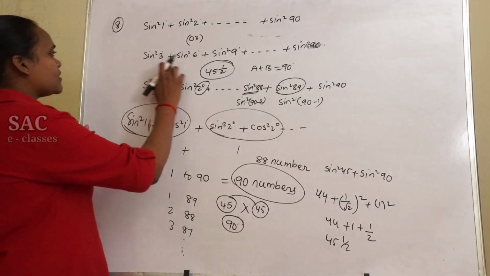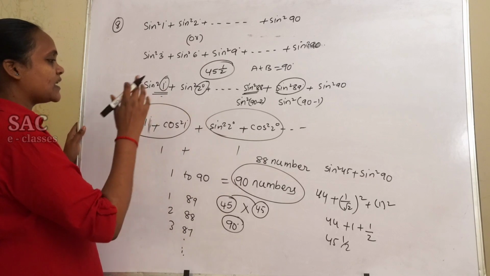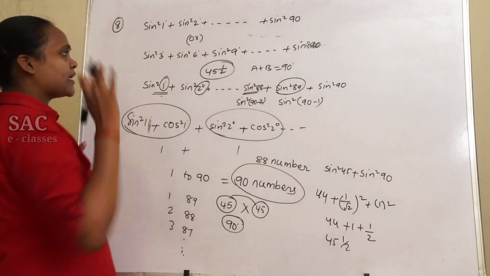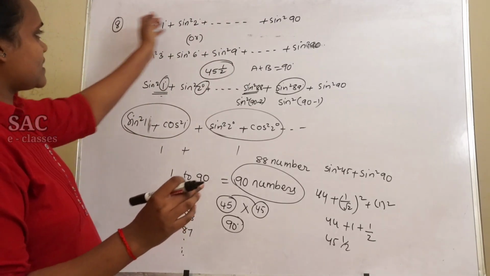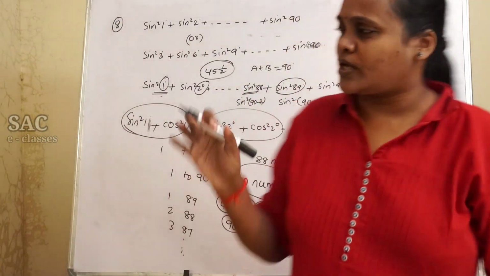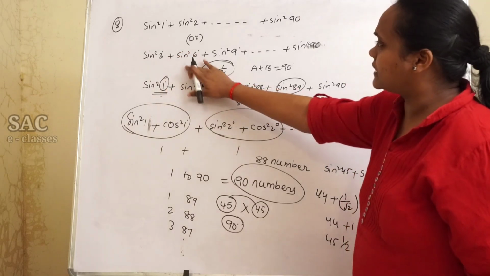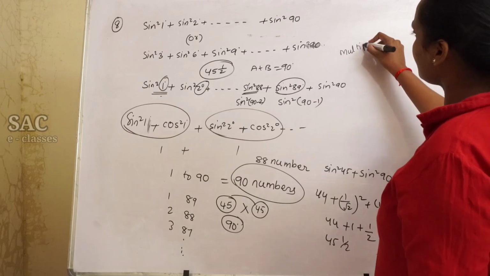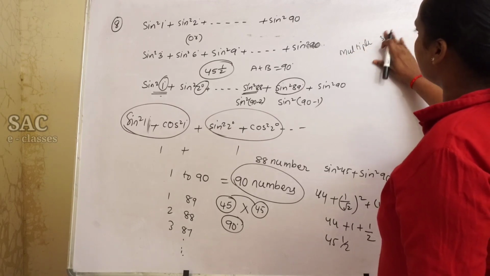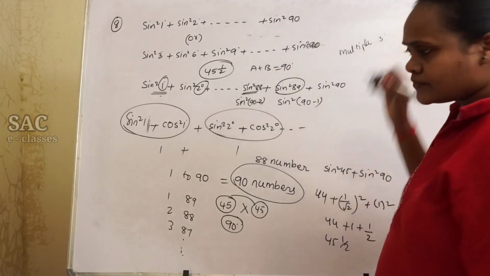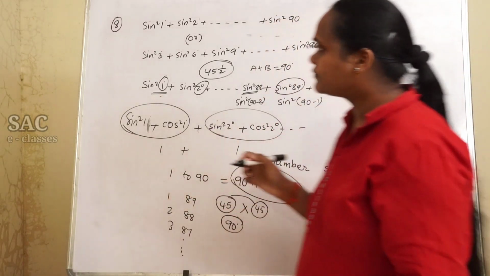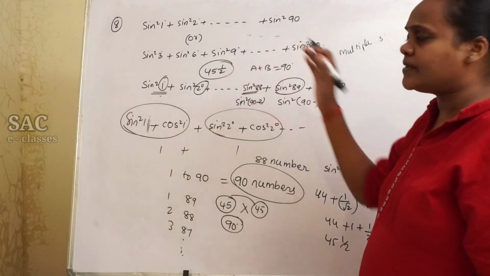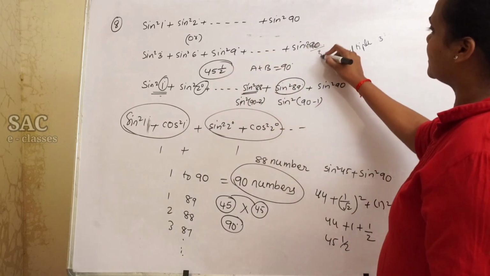Then how can we solve this one without using this much lengthy procedure? That is 3, 6, 9 and so on until 90. Clearly these are natural numbers, we got it. But what about this 3, 6, 9 and so on up to 90? Multiples of 3. Which multiples of 3? How many multiples of 3 will be here? There are totally 90 by 3, 30 numbers.